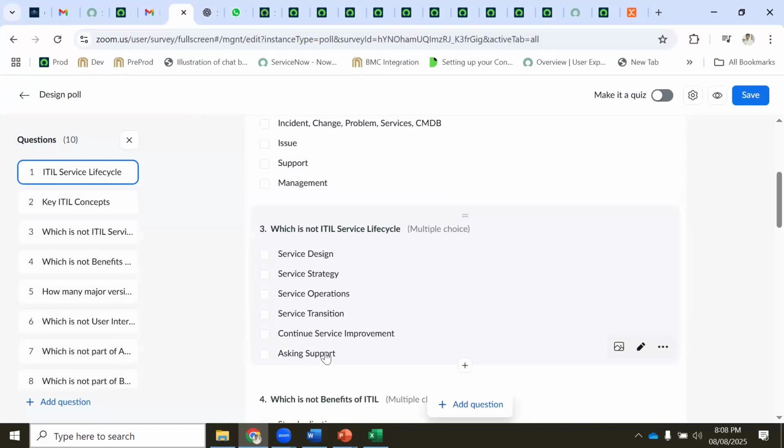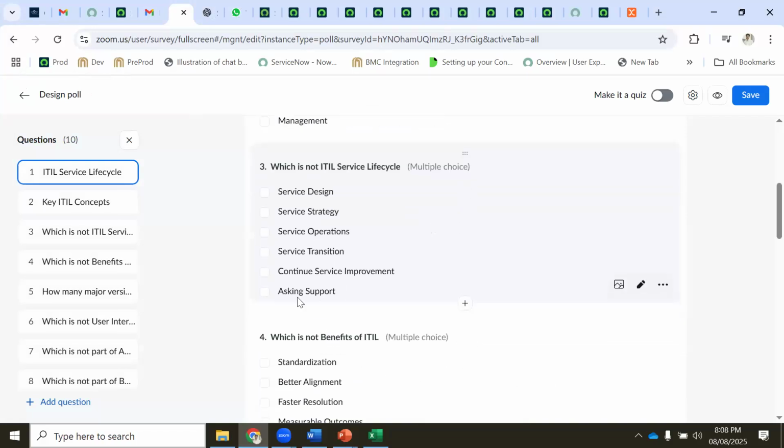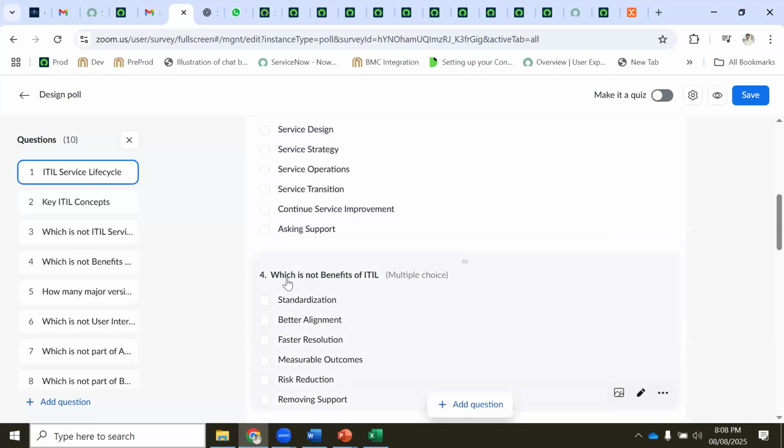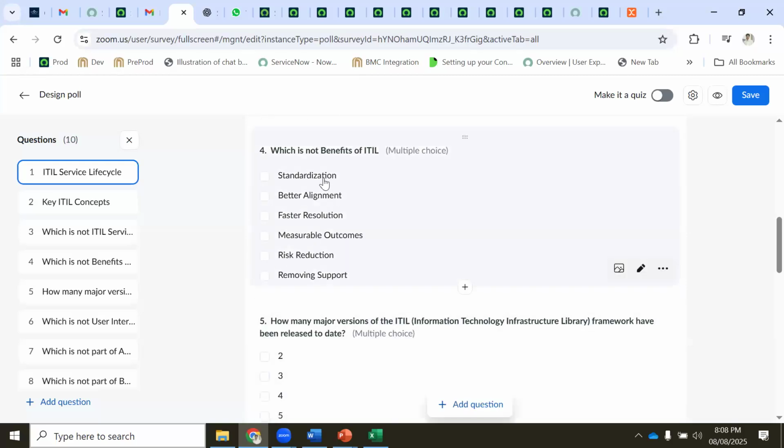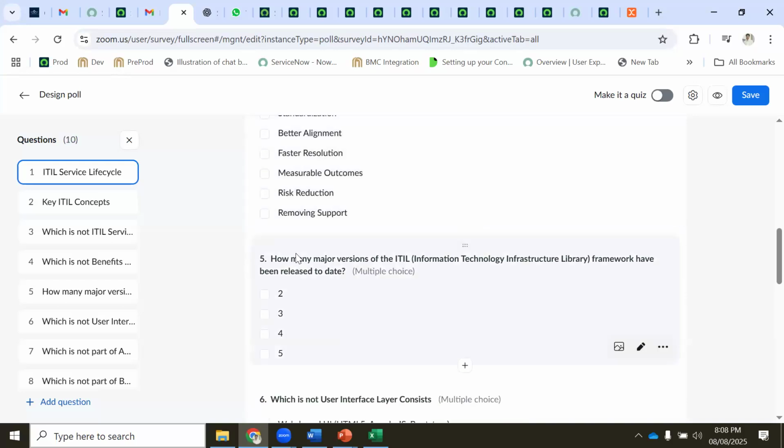The last one, asks support, is not a life cycle. Okay. Which is not a benefit of ITIL. Standardization is a benefit, better alignment is a benefit, faster resolution is a benefit, measuring outcome is a benefit, risk reduction is a benefit, removing support is not a benefit, correct?